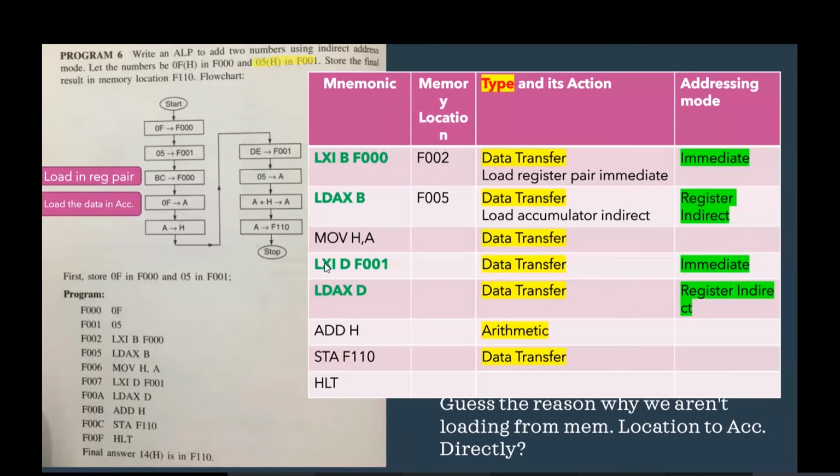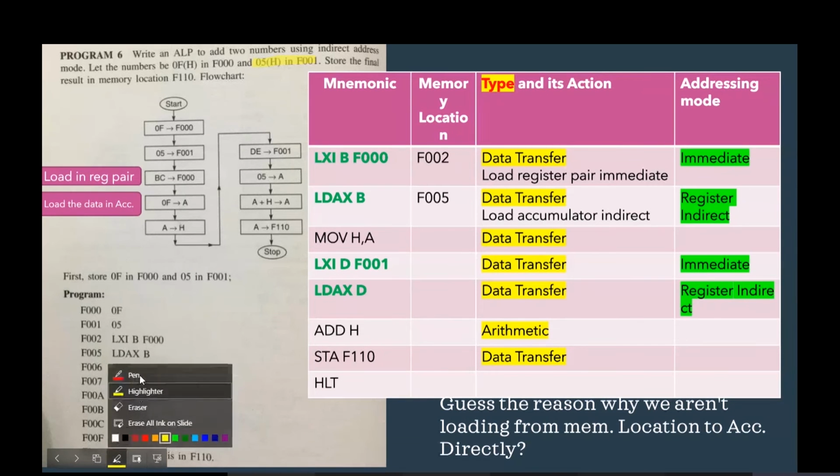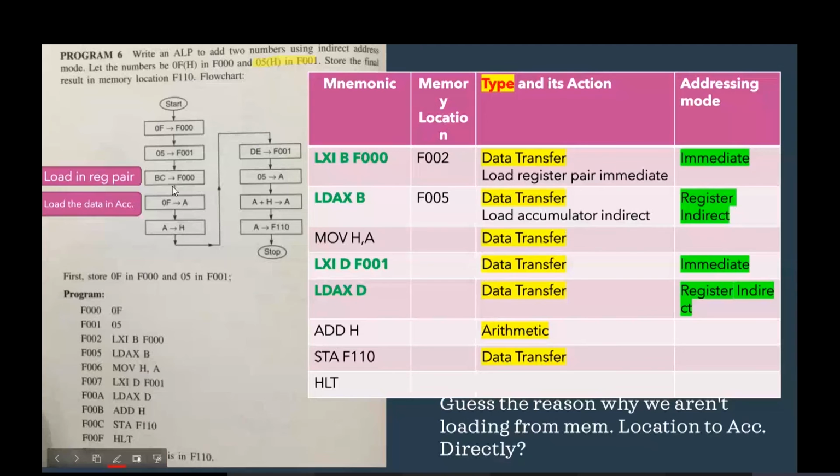So as you can see here in the flowchart, 0F is pushed to F000. I'll skip the next step, we have not yet dealt with it. BC is a register pair which has the address F000. Actually, the arrow mark should be the other way around here. Just let me make a note of that. I would say the arrow mark should be this way.